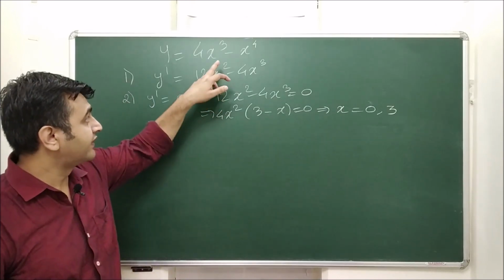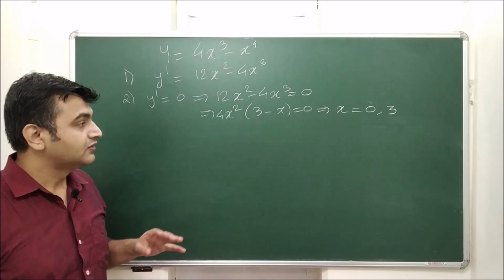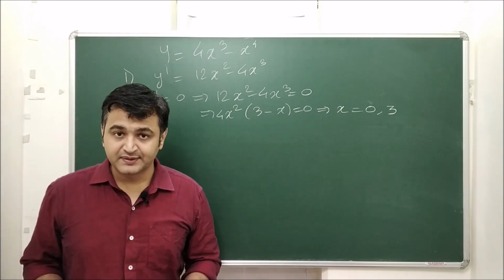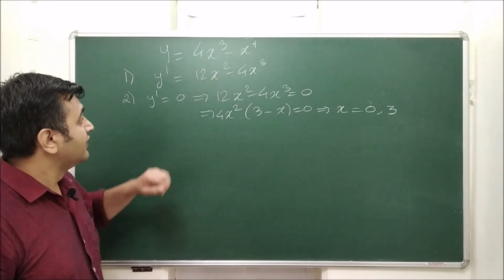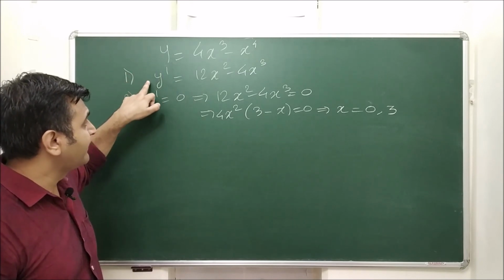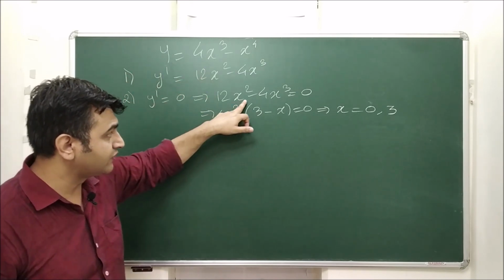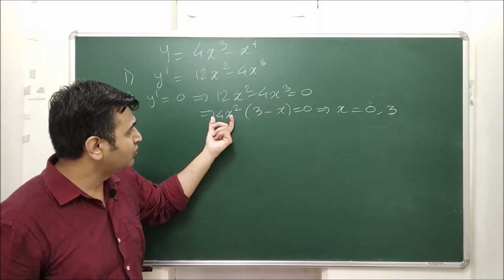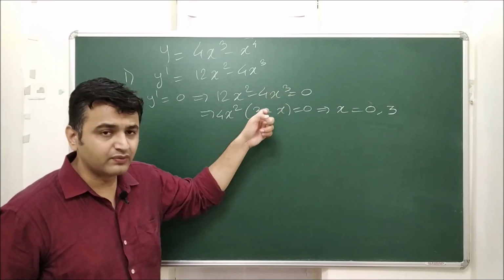Now let's try to draw the graph of this biquadratic polynomial. Till now you don't know how to do this, but thanks to derivatives we can sketch the graph of these kinds of functions. So the first step is you find the derivative. Okay, good, this is the derivative. Find the derivative and equate it to 0. Usually people have a habit that they simply ignore this 4x square and write x equal to 3. Don't just simply cancel x square.